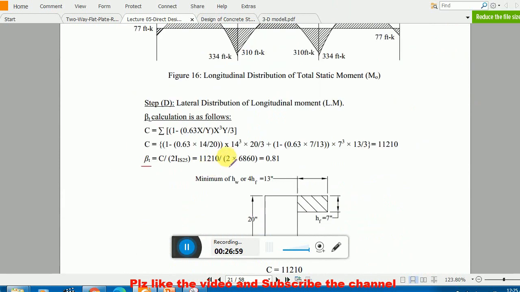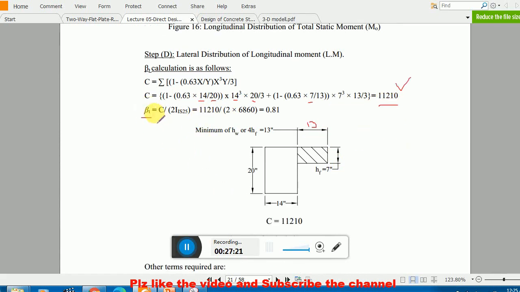So here, now you see 14, 20 is my total depth, y, that is 14, my x 20. Again 7 is my h divided by 13. So already I explained that is my 13, and you did the calculation, you got your C value, that is the torsional